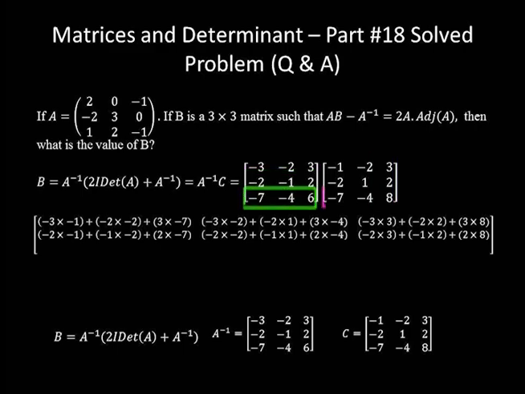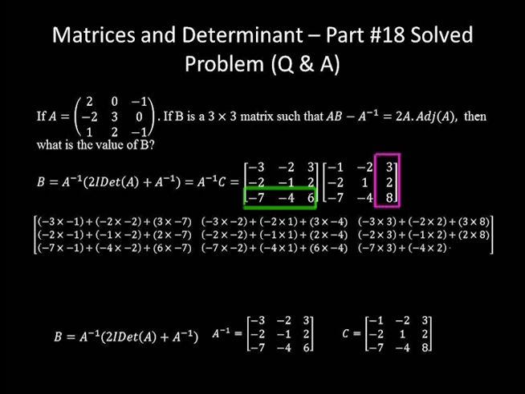Row 3, column 1 entry is negative 7 times negative 1 plus negative 4 times negative 2 plus 6 times negative 7. Row 3, column 2 entry is negative 7 times negative 2 plus negative 4 times positive 1 plus 6 times negative 4. Row 3, column 3 entry is negative 7 times 3 plus negative 4 times 2 plus